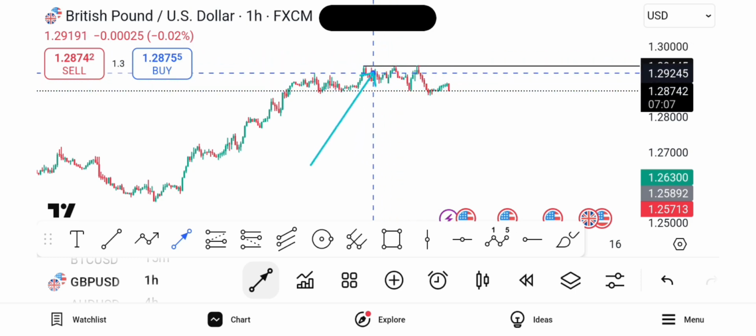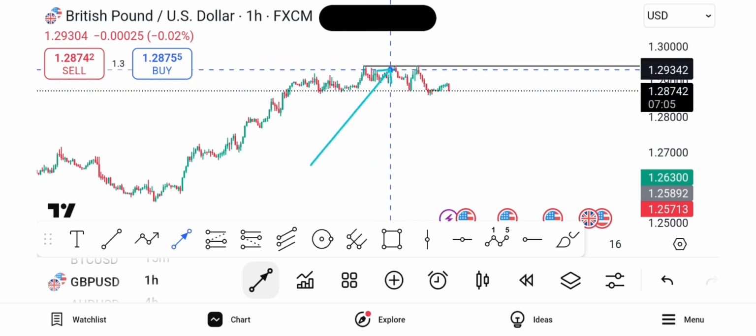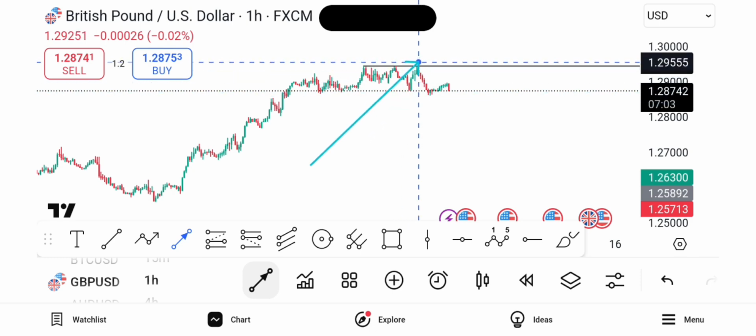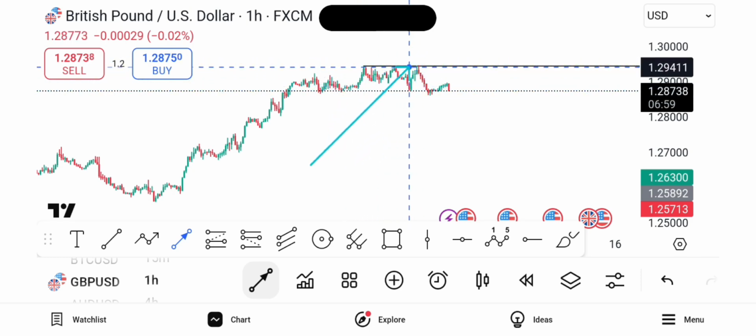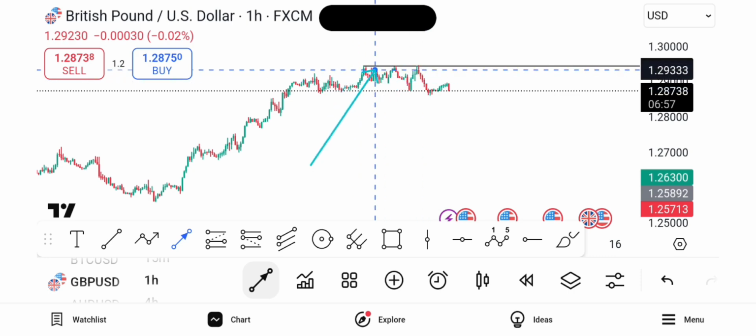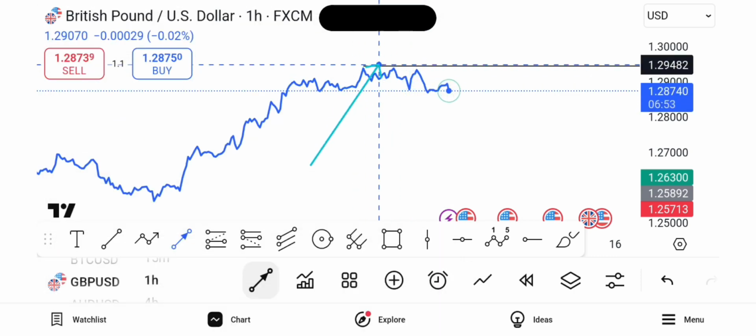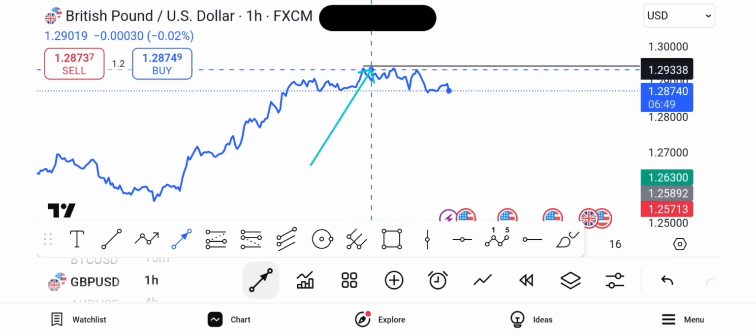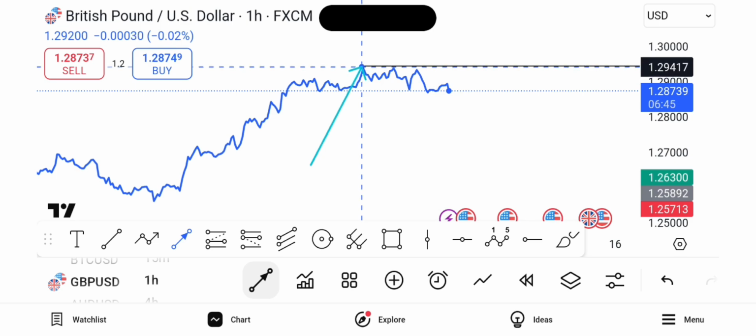Then it formed what we call a triple top. I'm just saying this, and that. Several times, because if you check your line chart, you can see that it's the same thing. We see that. So whenever we see this, as a trader, if you have learned about the candlestick patterns,